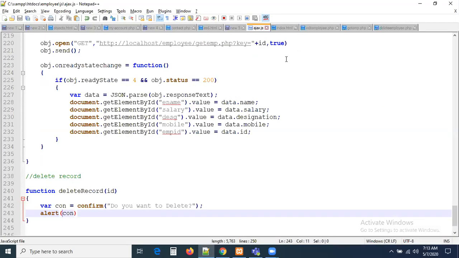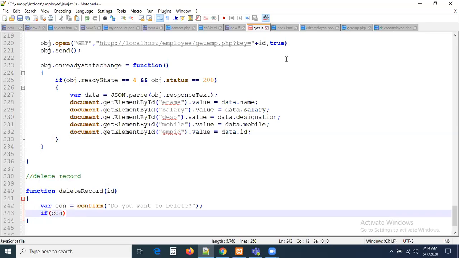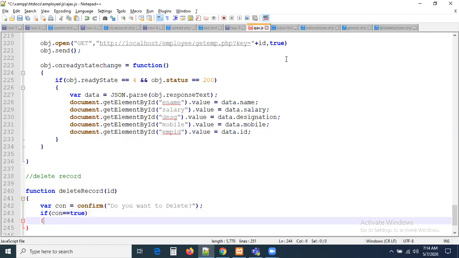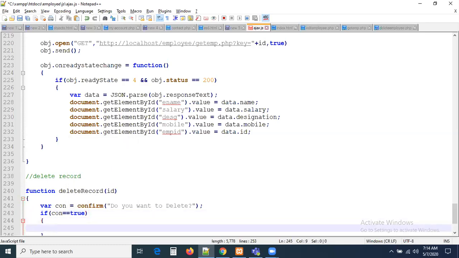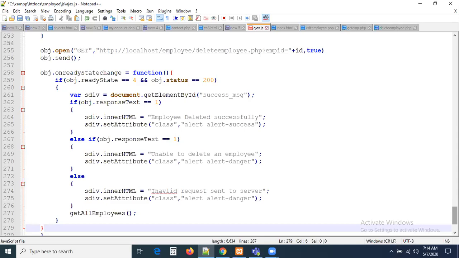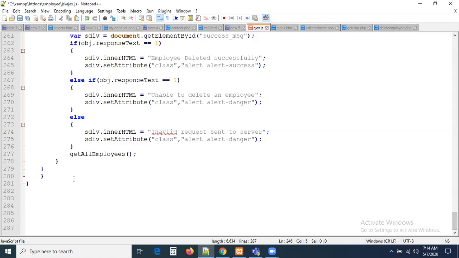So now my condition is going to be like this, guys. Here I'm writing if CYN equal to true. What happened? If you click OK, the CYN value will be true. Now the entire Ajax code I'm keeping inside this condition. Then this Ajax code will work if you click the OK button on the pop-up, I mean the confirmation window. Otherwise, this Ajax call is not going to work, guys.